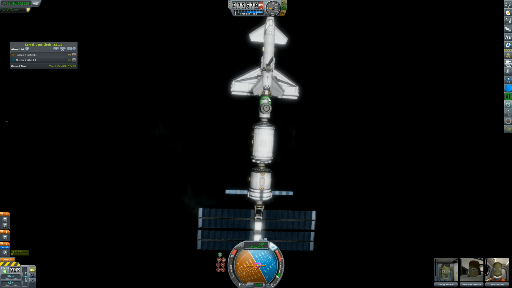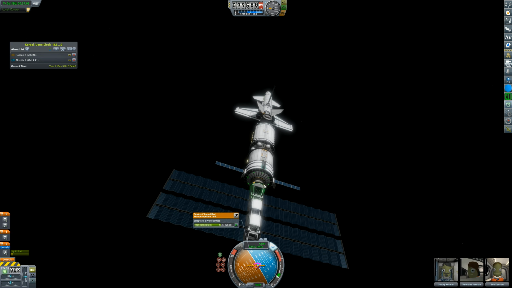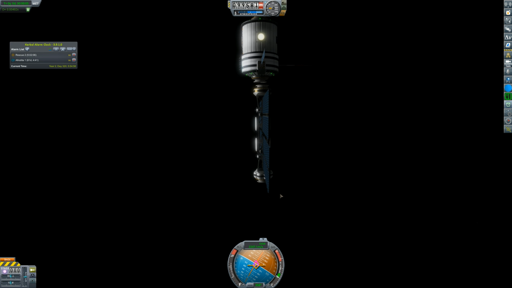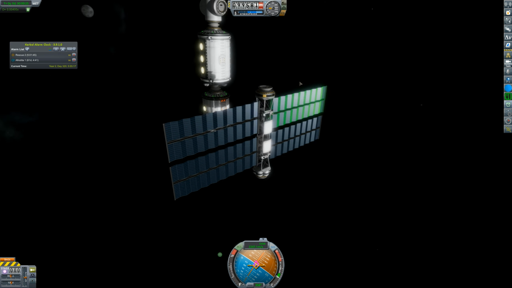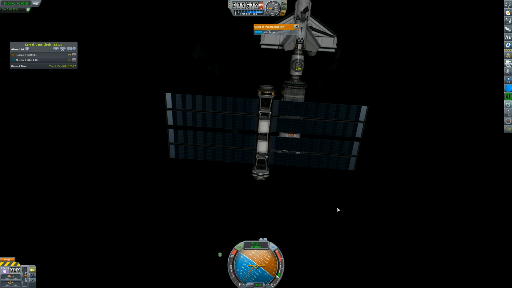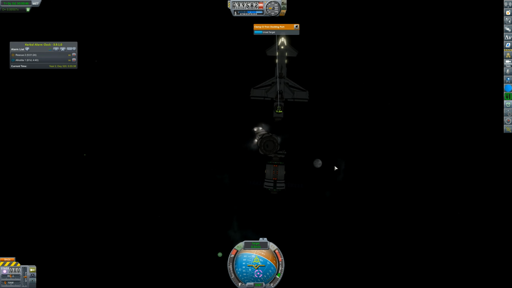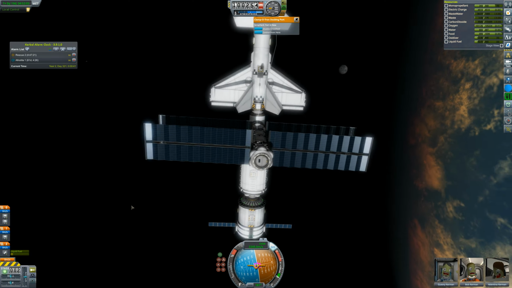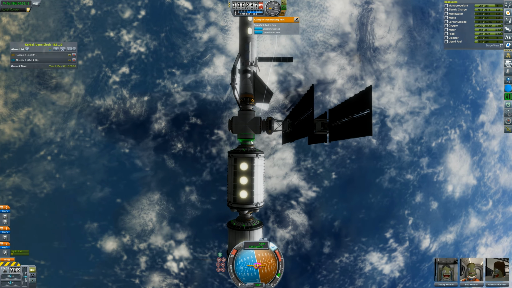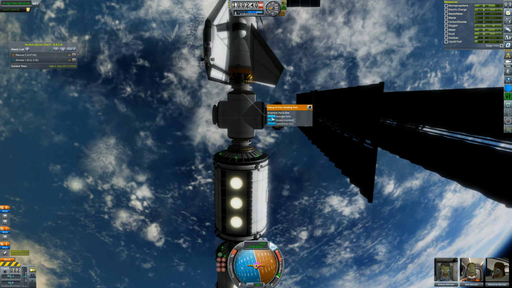Now we're going to do some major reorganization. By major reorganization, I mean I spent 30 minutes reorganizing this space station. I wanted it to be perfect, and I really liked how it turned out in the end. So first off, we're going to reorient the solar panels to go upwards, if you will. I mean, there really is no up or down in the realm of space, but yeah, we're just going